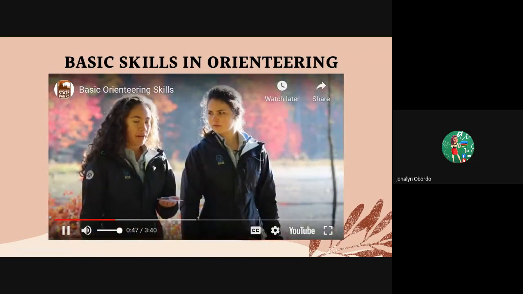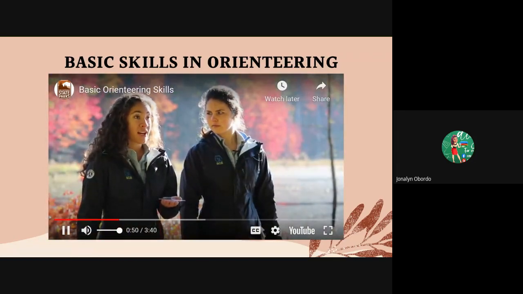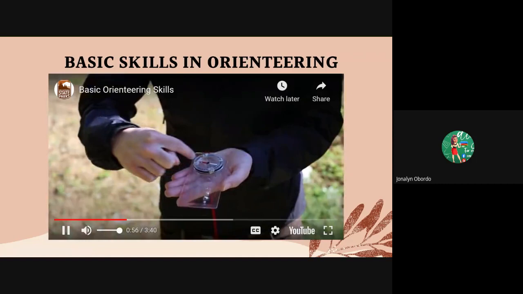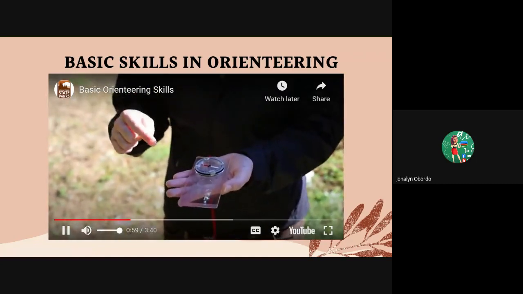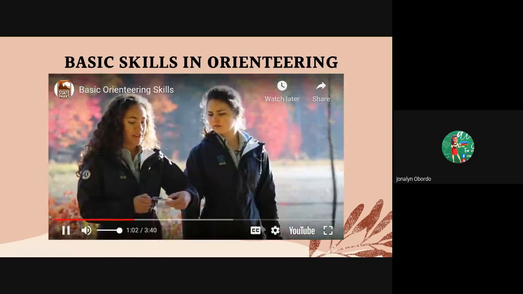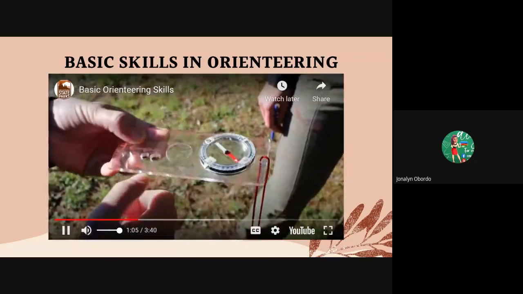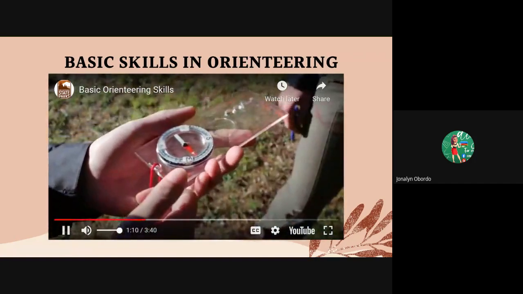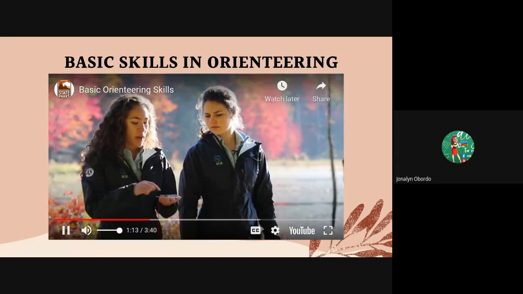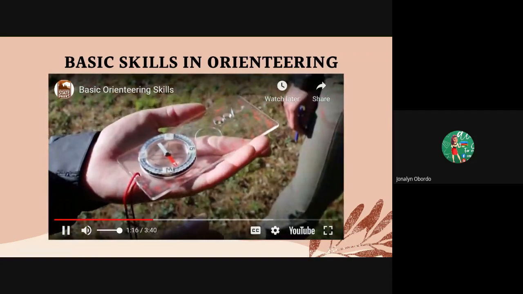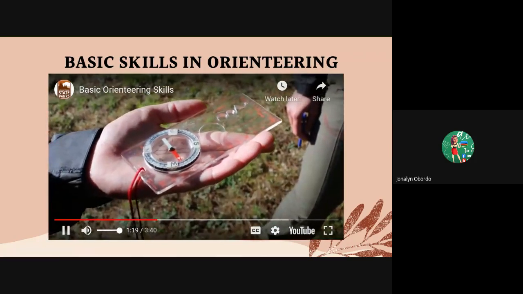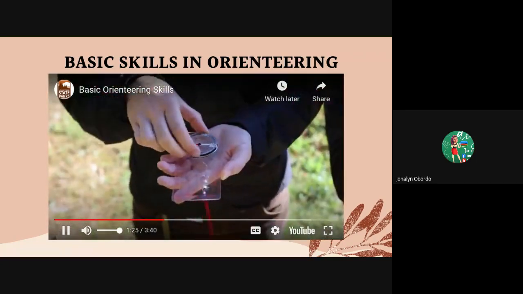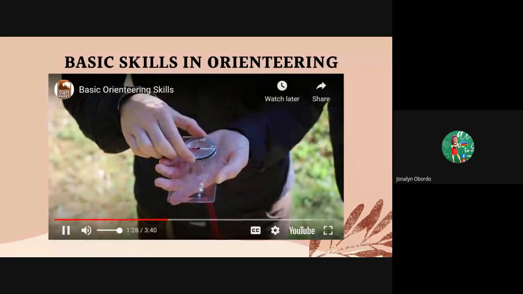So with our compass, we can find our bearing, or essentially find the direction that we're heading in. So we have two other arrows here. We have our magnetic arrow, and this white and red arrow will always be pointing towards magnetic north. So you can see if I turn the compass around, the red arrow always finds its way north. Now to find our exact bearing, we want to put this red arrow in our housing, which is the arrow on the inside, the clear arrow on the inside. So to do that, you can turn your compass, the housing of your compass, all the way around until the two arrows match.